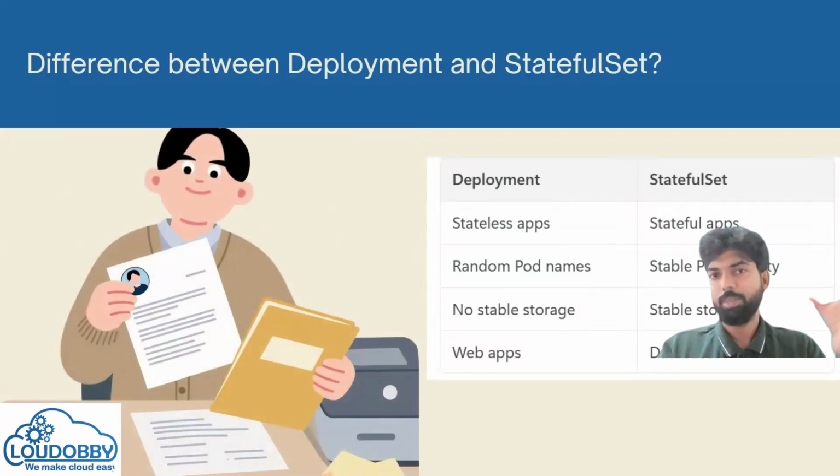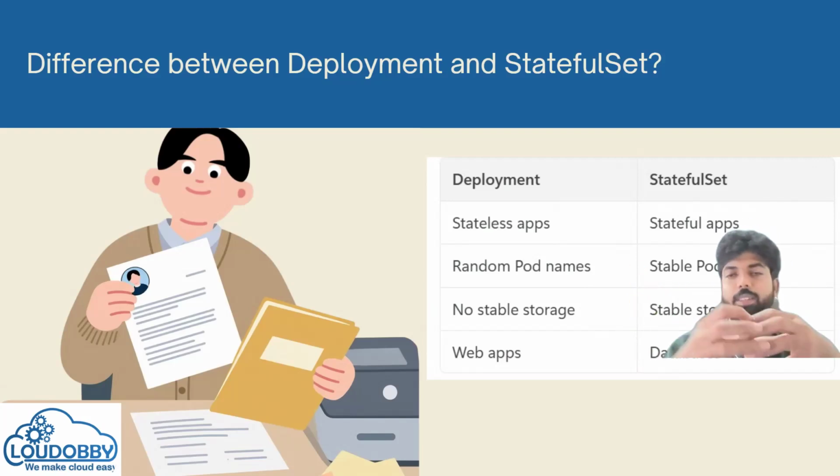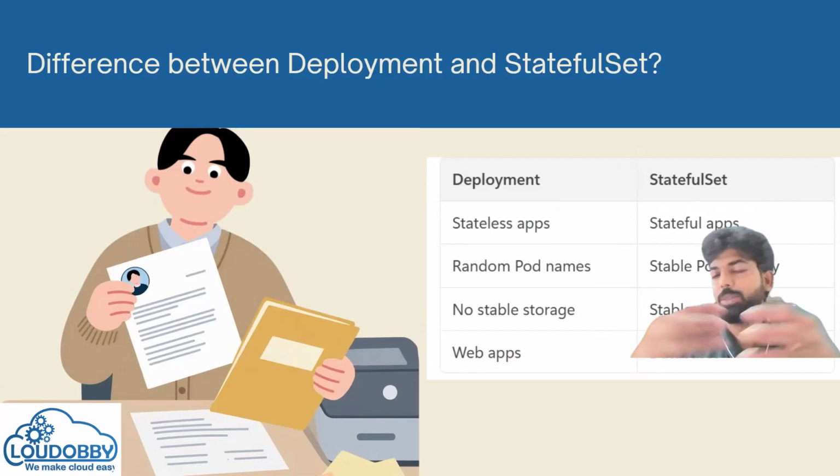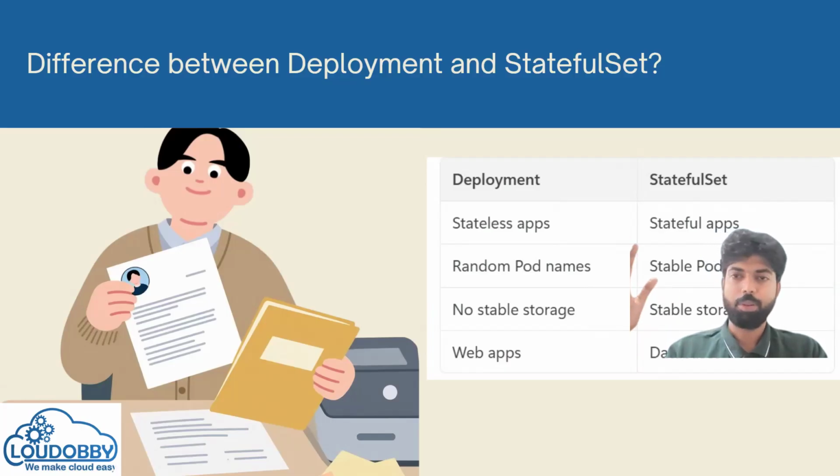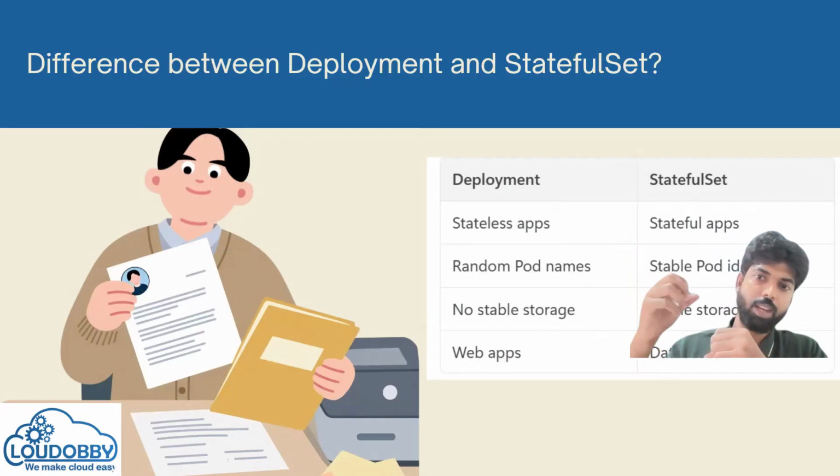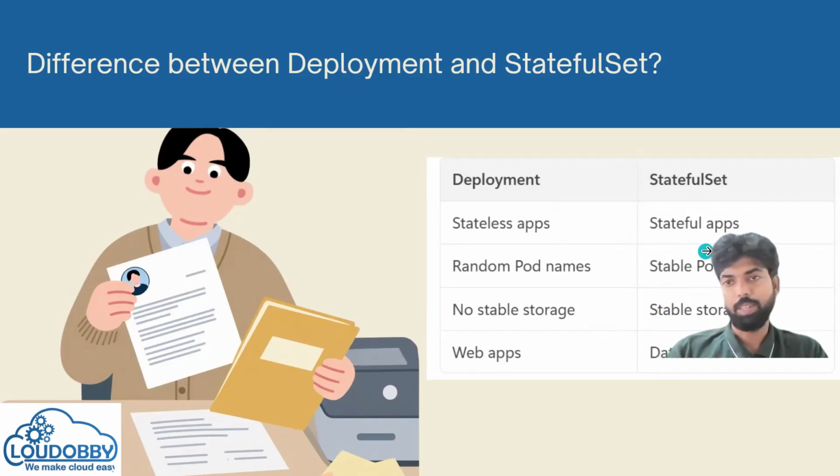So deployment and stateful set, both you can use. Deployment is for stateless applications. When it comes to databases, you need state, where storage is required. That is where they refer to stateful. Where storage is not required, like a simple Java application, it is stateless, so it can have random pod names. With stateful, we need identity because we will be attaching storage, and whatever database you are putting, that particular pod will have an underlying storage. So for databases we will use stateful, and for stateless, just for a Java application, we will use deployment.